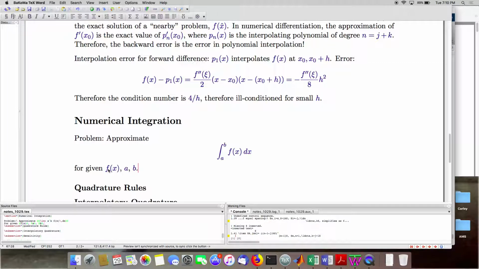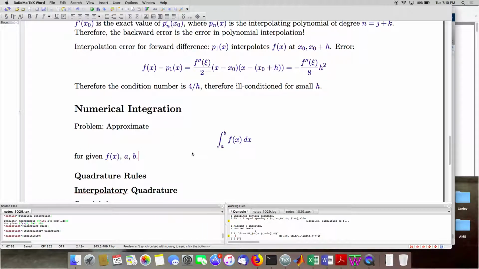Now, hopefully you'll be given a formula for f of x so that you could evaluate it at any point, but that may not necessarily be the case. You may have to fit f of x with some function like a polynomial to really be able to work with it. But before I talk about methods for approximating this integral, I want to highlight why we need them,